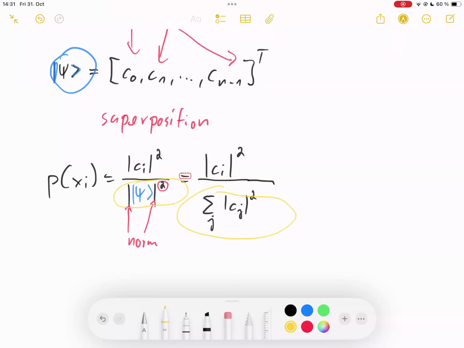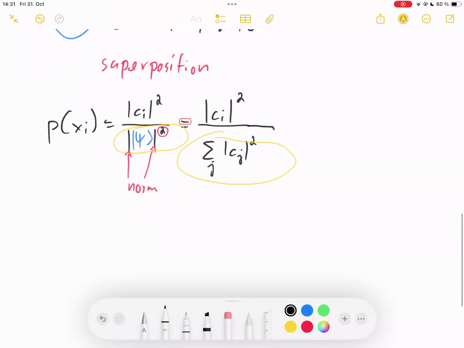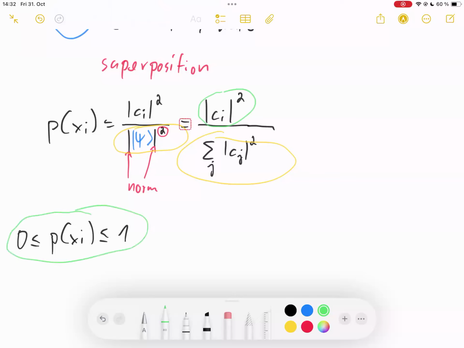It's the normalization so that our probabilities P of xi will always be in the following range. They are less than or equal to 1 and greater than or equal to 0. Because remember, we take here the modulus squared of the complex number, and because these are normalized amplitudes, eventually our P of xi will always be between 0 and 1, and all of these P of xi's will add up to 1. But this obviously only happens when you do an observation after